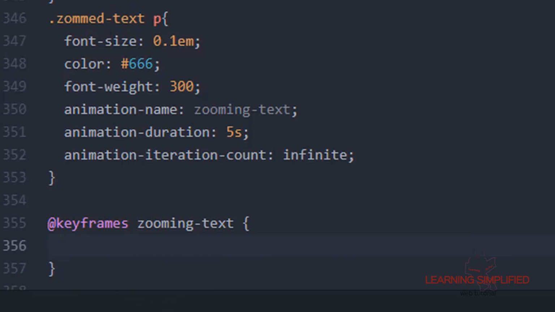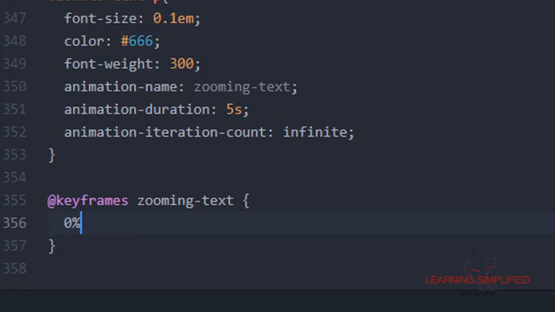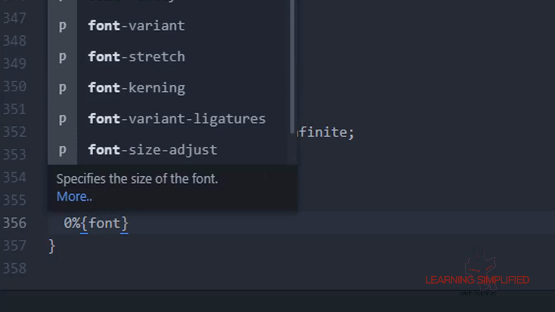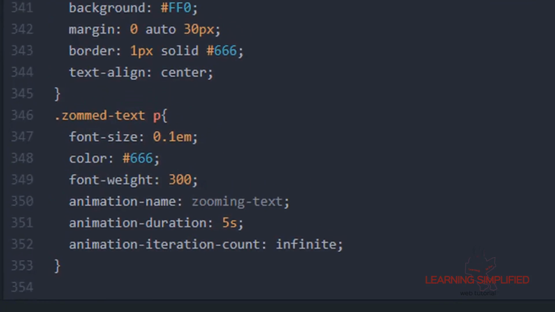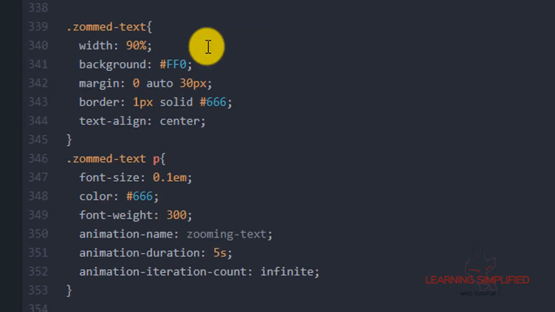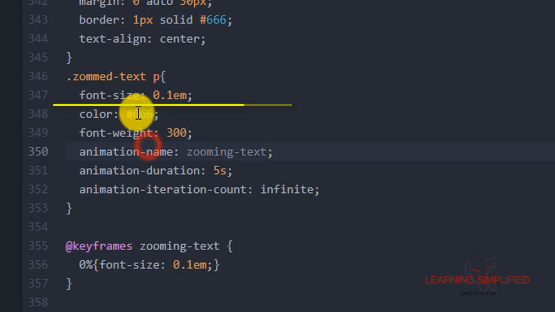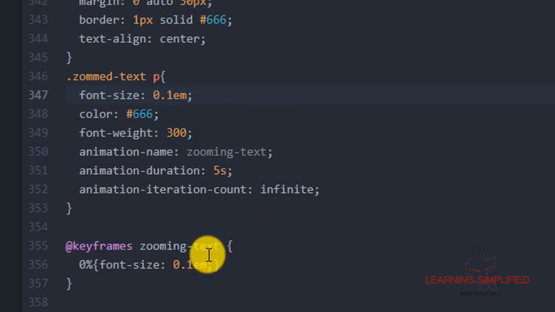Now in the first case, at 0% condition, what will be the properties? Font size will be 0.1 em, as it was mentioned over here. This is the font size which states that it is 0.1 em.